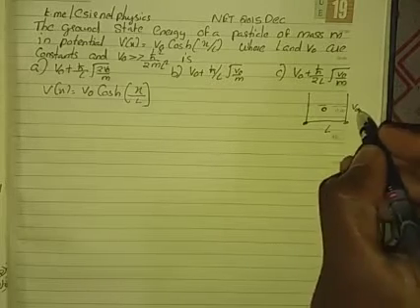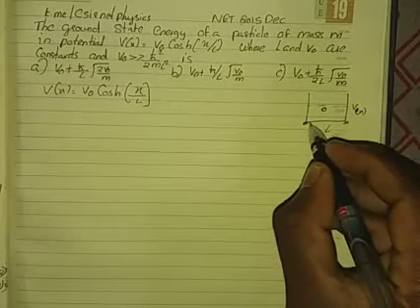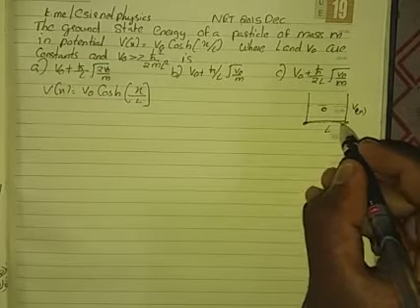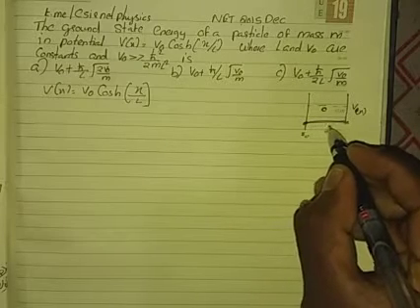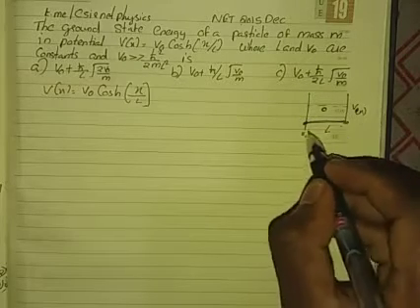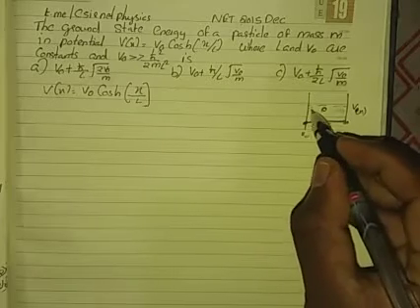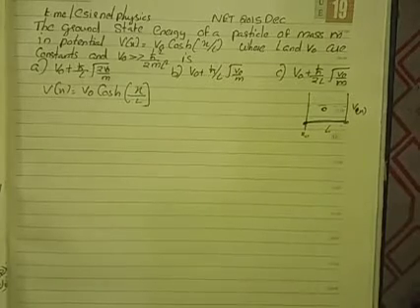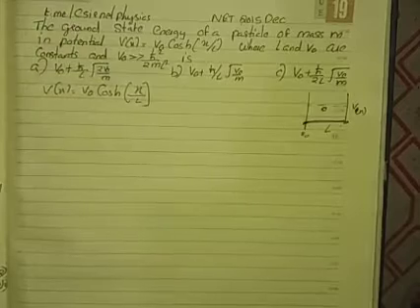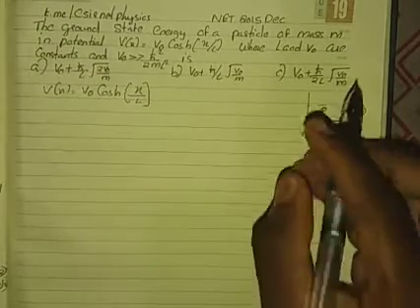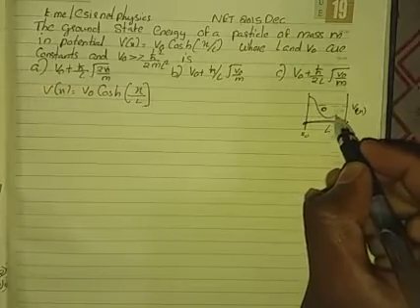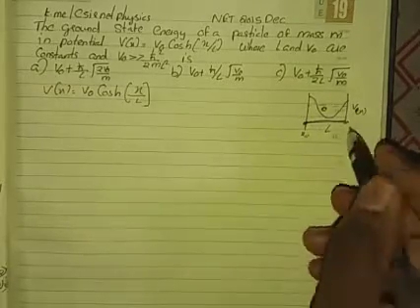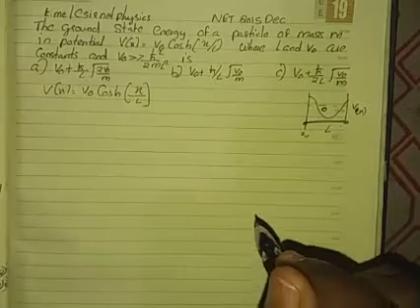In that potential V of x, it changes with the length from the origin, or some point you can take as x0. The potential changes as we go from one place to another by this equation, V0 cosh of x by L. It might look something like this. So what we need to find out is the ground state energy.